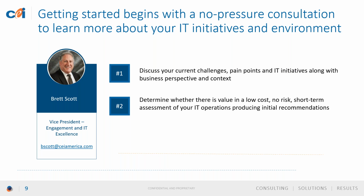And the next step would be what I call a no risk, low cost short-term assessment. When I say short term, I'm talking about a matter of weeks. Generally, these are done in the 2-week time frame. It could be a little bit longer, it could be a little shorter, depending on what's required. But generally, it's about a 2-week effort where we come in and do what we talked about earlier, those interviews with your IT leaders as well as the interviews with the business, and where we evaluate your processes and tools. And so we do this over a 2-week period, very, very quick,